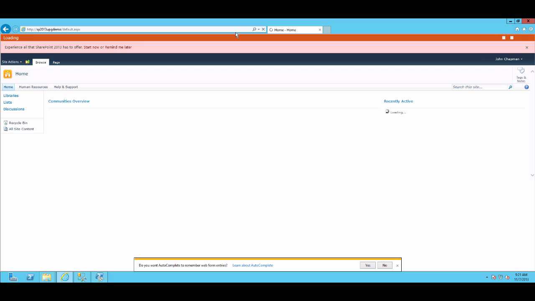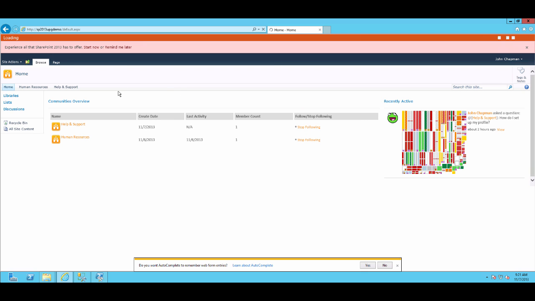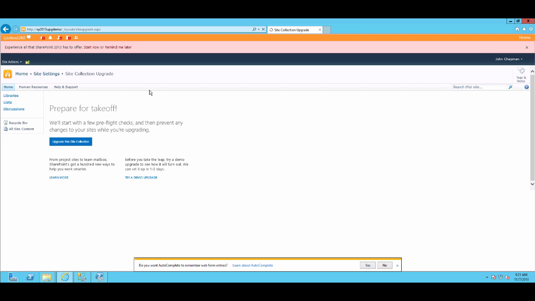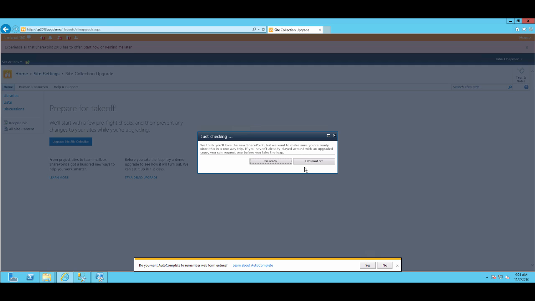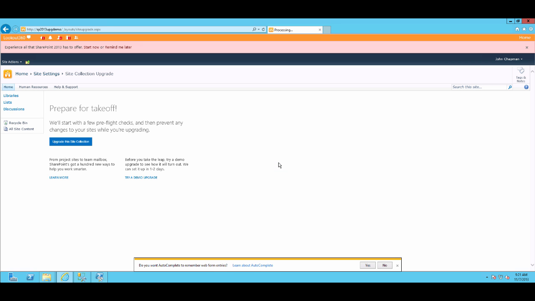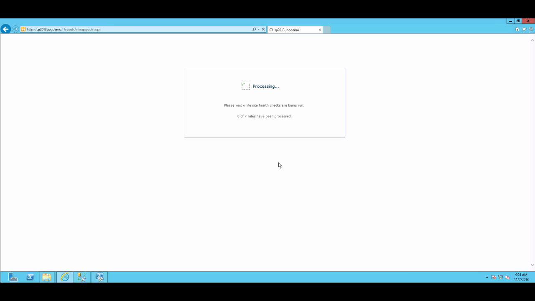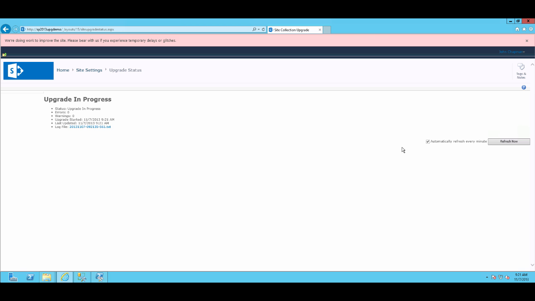With our NewsGator service application created, our SharePoint sites are now available for use running in the SharePoint 2010 compatibility level. Many organizations choose to run in the SharePoint 2010 compatibility level and gradually update site collections over time. NewsGator Social Sites fully supports this, and you can run in the 2010 compatibility level as long as you need to. Once you are ready to upgrade the site collection compatibility level to SharePoint 2013, we can run the upgrade